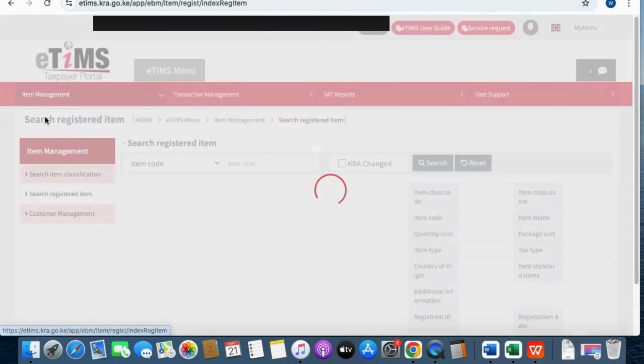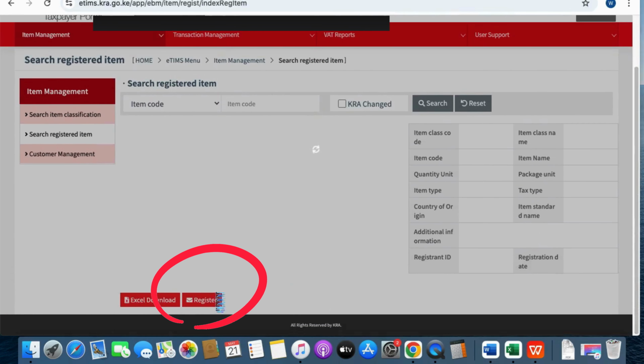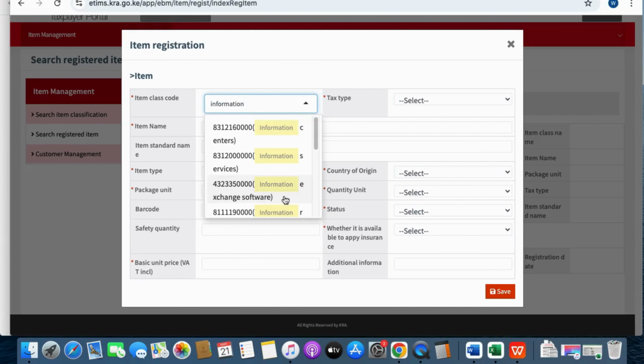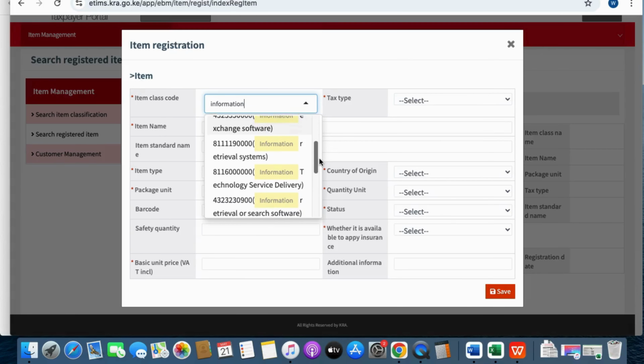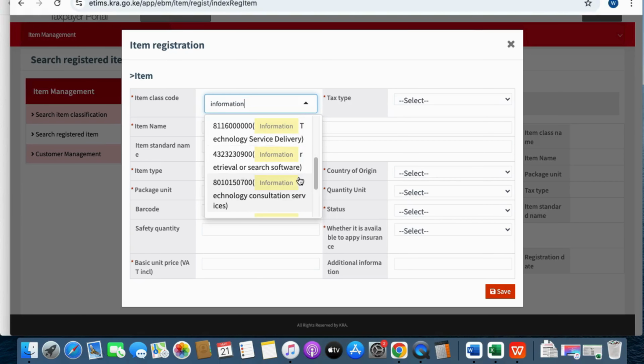Then under Item Management, you select Search Registered Item. And then you will click the Register button to add a new service. To continue, you will need to fill in the required details for your service. So start by clicking the drop-down menu under Item Class Code,